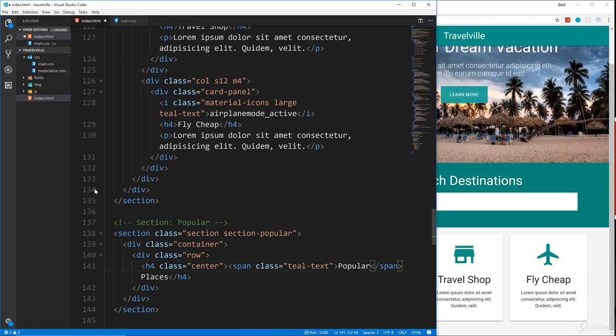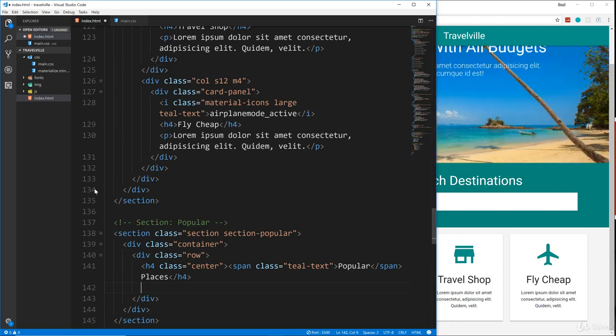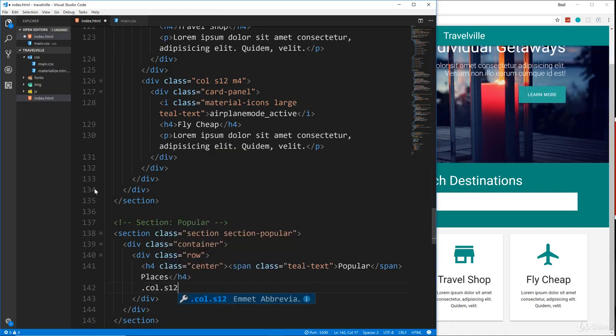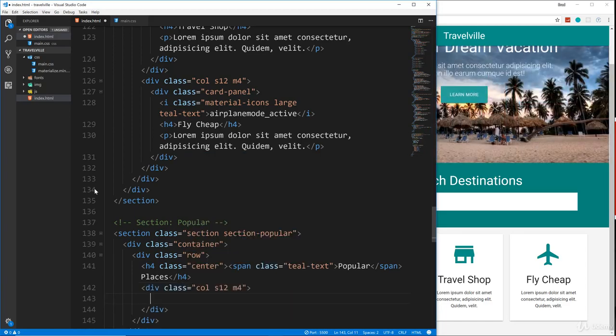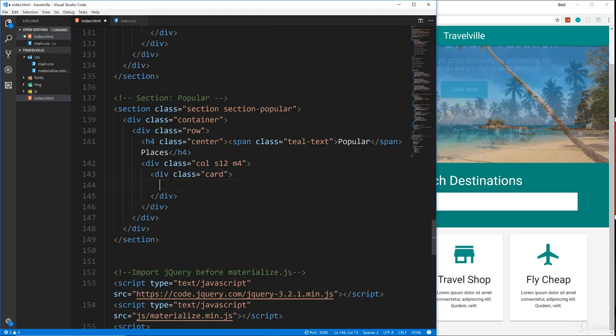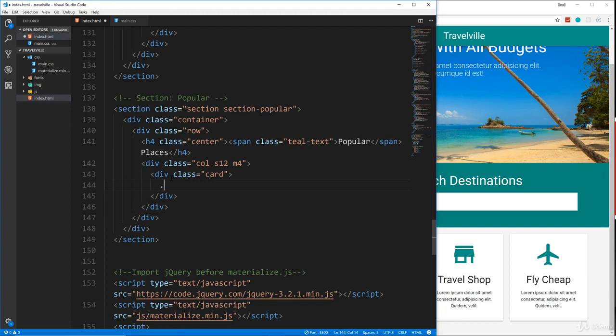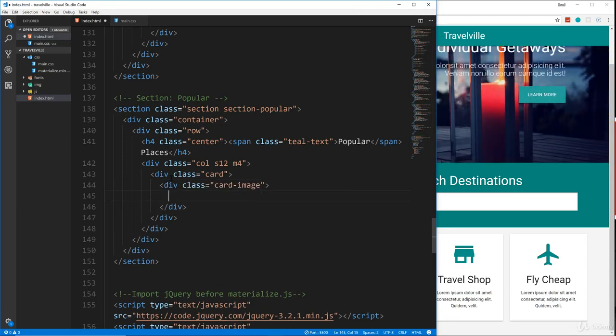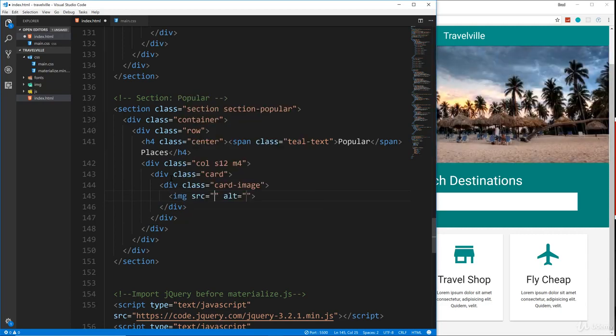Alright, so popular places, and then underneath that is where we're going to put our column, or I should say our columns. We're going to have 3 4-column divs, just like we did with the icon boxes. So col S12, so they're stacked, and then let's do medium 4. Alright, and then in each one of these we'll have a card class, and inside here we'll have a card image class, and inside the card image we're going to have the actual image tag, and I'm going to use the